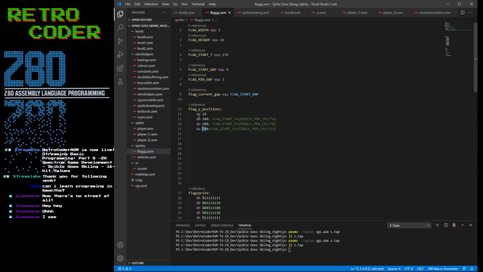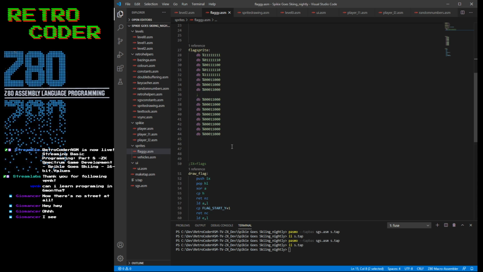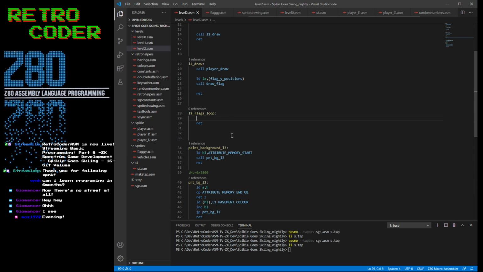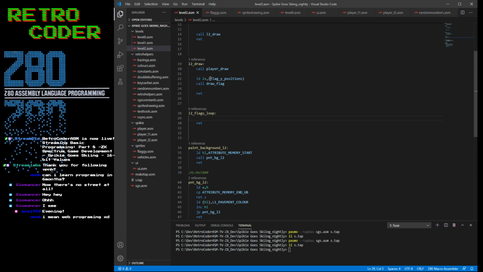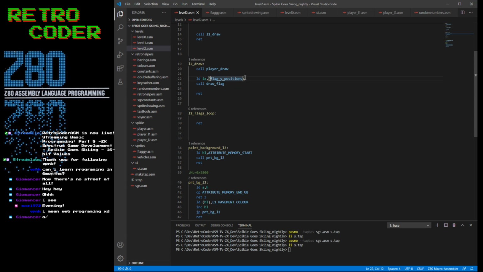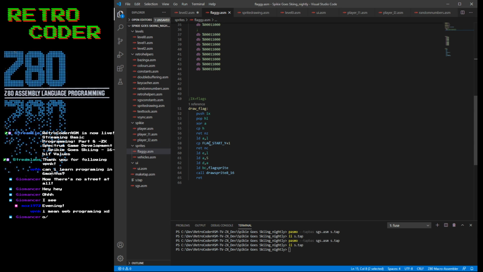Yeah, but I am having troubles because normally when I iterate through an array, I use the pointer, not like the reverse of what I'm doing there, the opposite. So in other words, I just do that. But because of how I'm having to move it into HL to check,